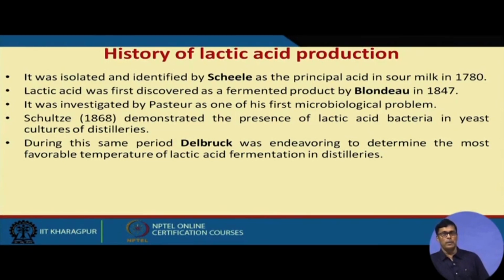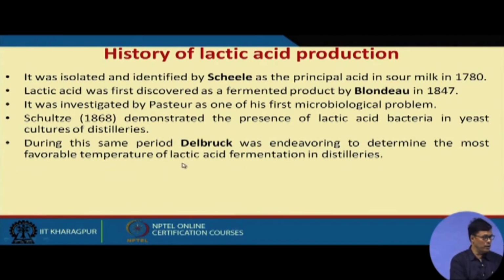In the Baker's fermentation process, purposefully we add lactic acid bacteria in the fermentation broth. Why do we add lactic acid in the fermentation broth? Because this lactic acid acts as a preservative for storing these yeast cells. During the same period, Delbruck, another scientist, was endeavoring to determine the